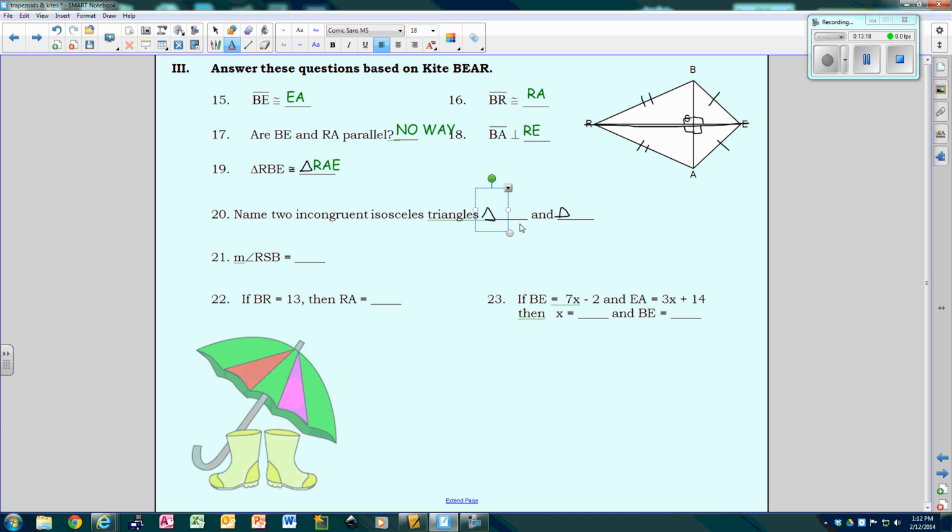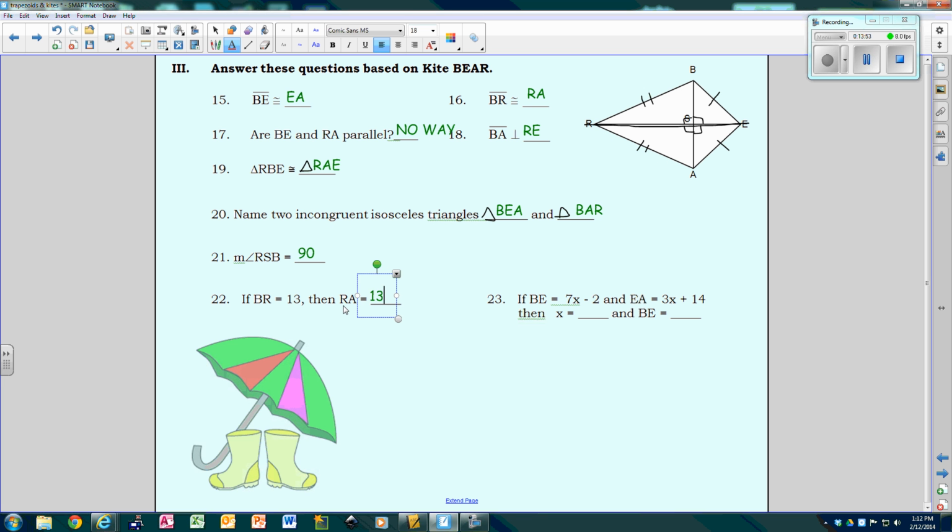All right, so we have triangle BEA, which is the one on the top. And then we have triangle BAR. All right, so now the measure of angle R, so RSB. Well, how big is that angle? Since they're perpendicular, we know it's 90 degrees. And if BR is 13, then RA is, well, they have the same marks, so they have to be the